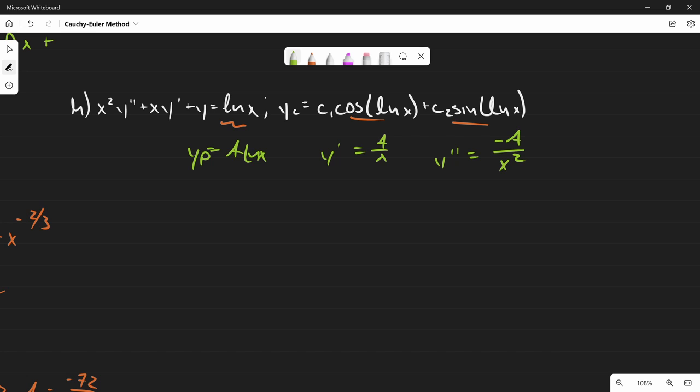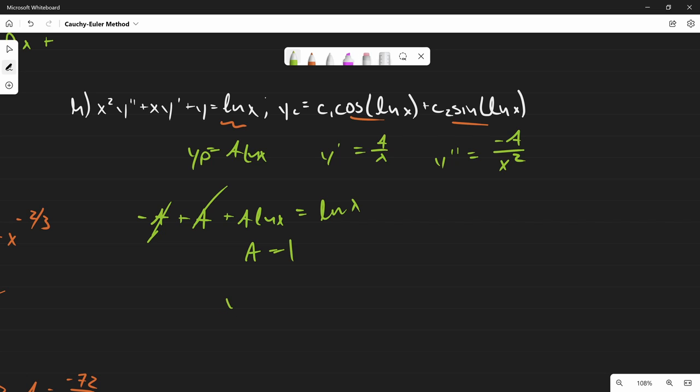Putting it into the equation, we'll have negative a plus a natural log of x equaling natural log of x. These two cancel out, so a is just going to be equal to 1,